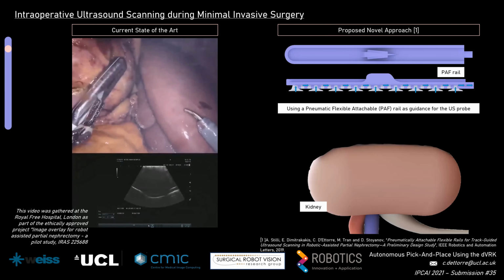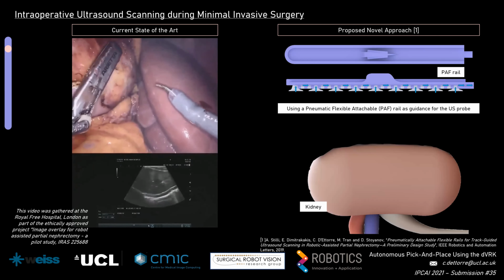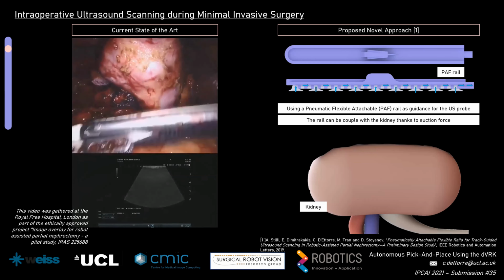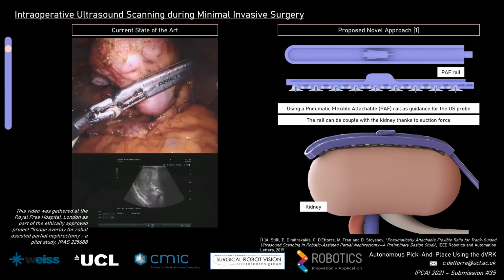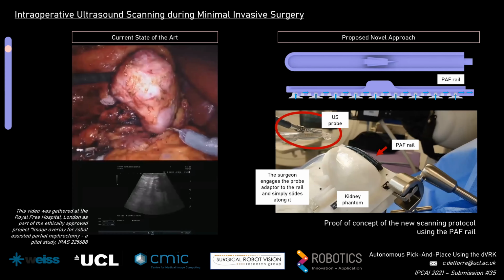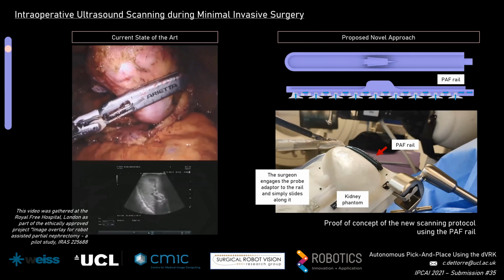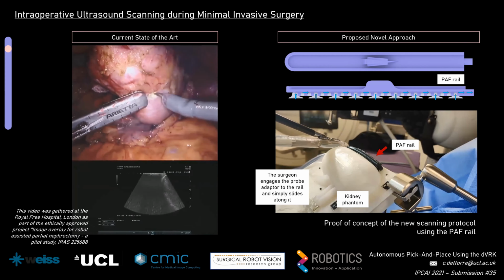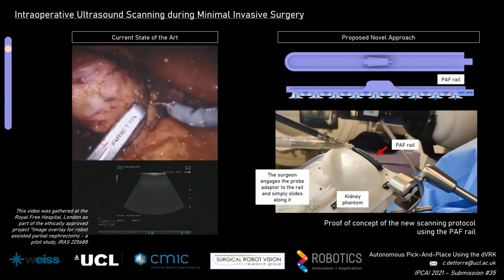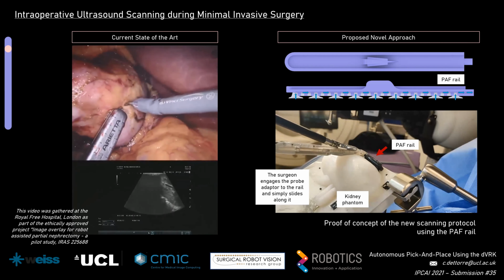On the right, we have the proposed novel approach, which relies on the use of a pneumatic flexible attachable rail, which is attached on top of the kidney and used as a guidance for the ultrasound scanning. This video briefly shows how the PAF rail is meant to be used during the intraoperative procedure. We can see that the probe is engaged with the rail, which is sitting over the kidney phantom, and slides along